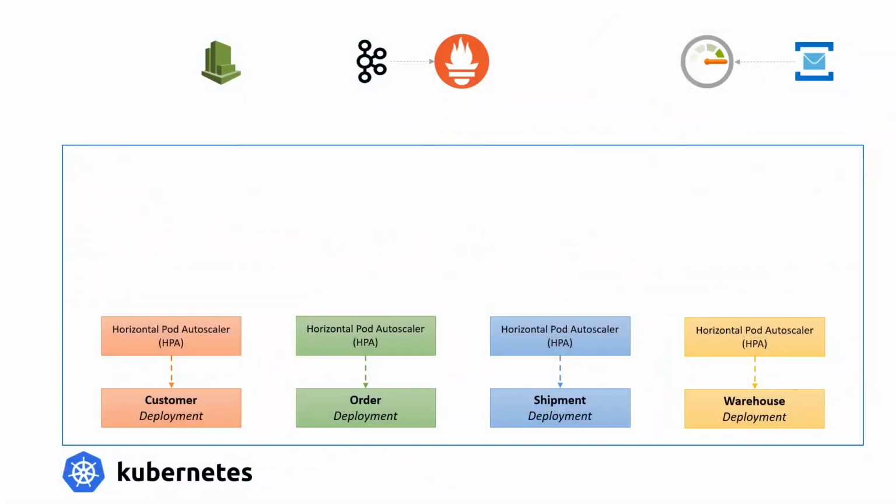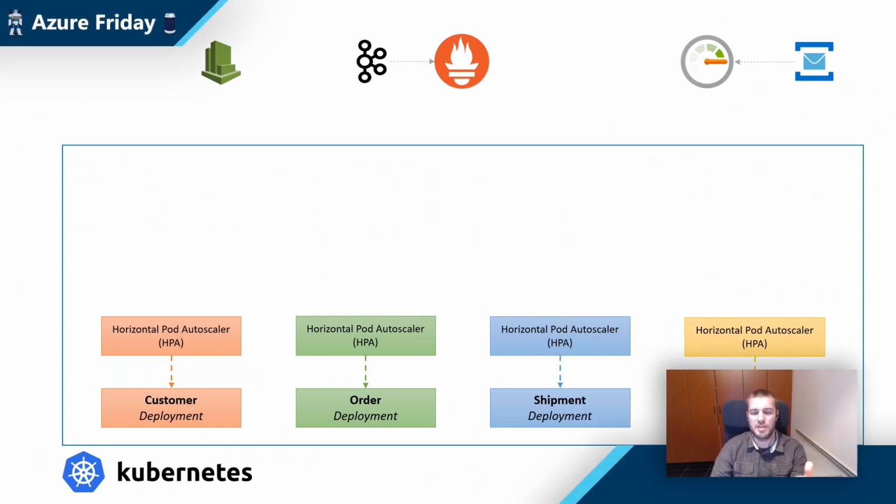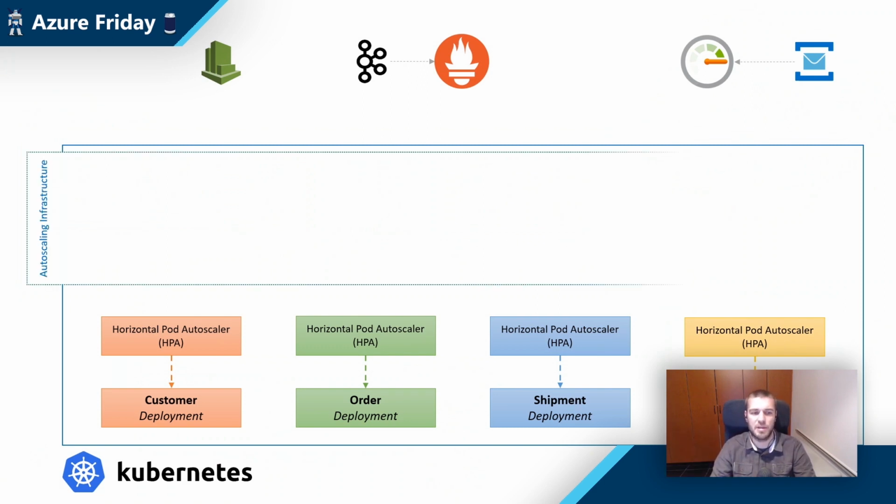I hope so. The problem is that if you're using Kubernetes without KEDA, it has some scaling capabilities out of the box. For example, when you want to scale your deployment, you can use horizontal pod autoscalers. But the problem is that these only support CPU and memory. But if you have a queue worker, for example, you need to have external metrics from Azure Monitor, bring them inside the cluster and scale based on them.